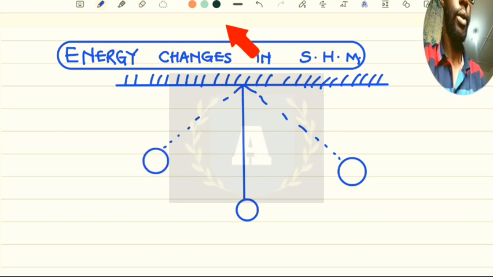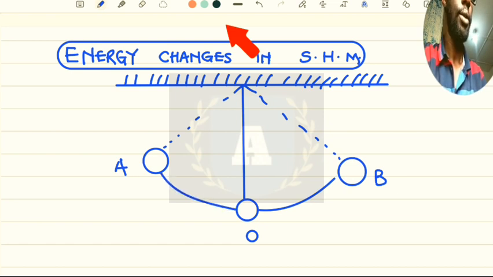We assume this point here is point A, this is point B, and this is point O. Now the body tends to move to and fro, and at point A and B there is displacement, and the body tends to gain